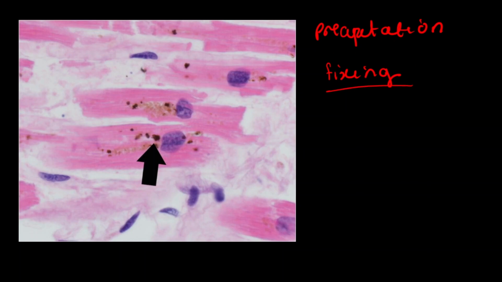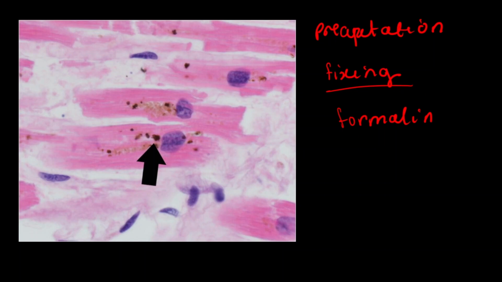Next type of artifact we'd be considering is precipitation. Now, when we were discussing the paraffin technique, we saw as one of the steps in the paraffin technique fixing. Now, in fixing, we saw that the substance made use of is formalin. Now, formalin has the ability to precipitate in these tissue sections,